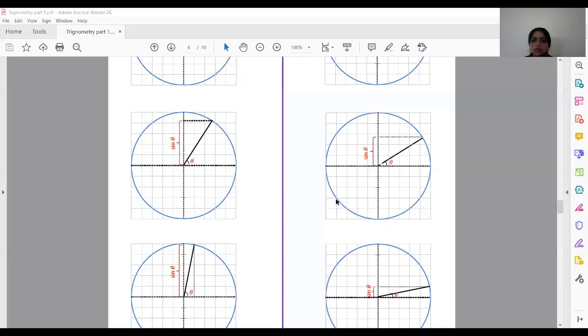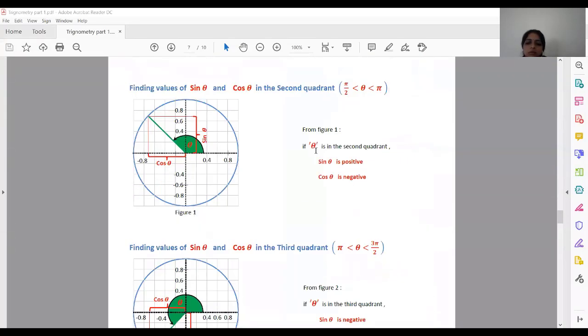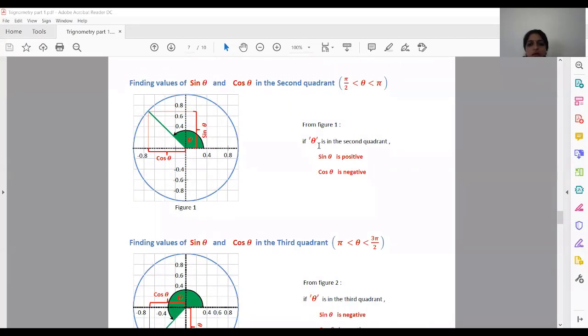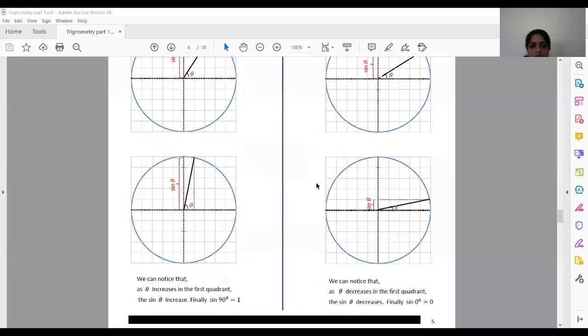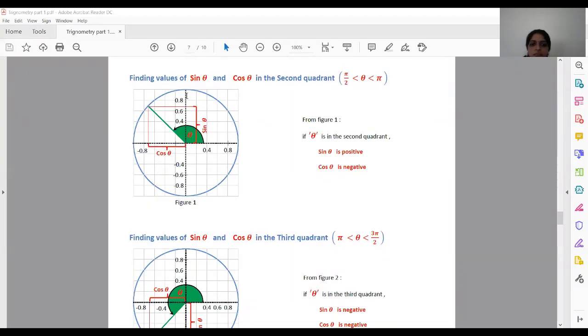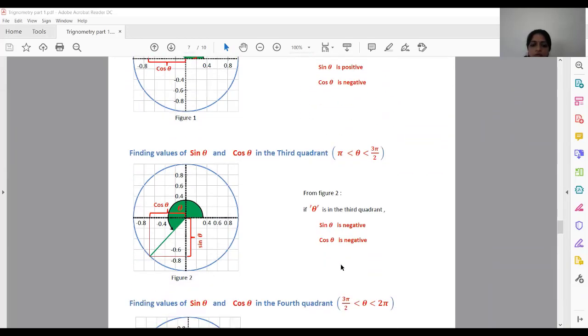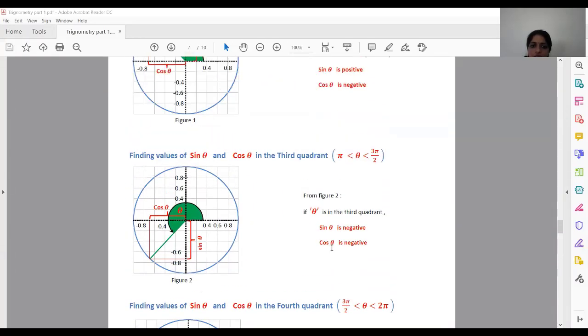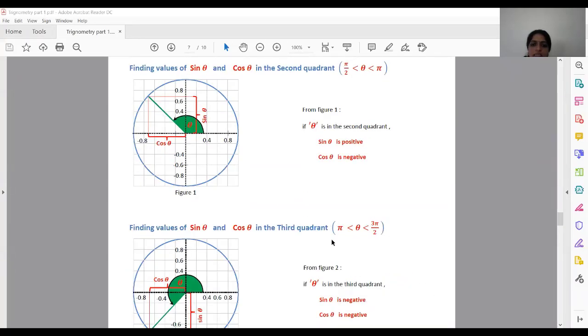Right? Students, हमारी ये जो lecture है will conclude very soon within a minute. So the remaining part will continue in tomorrow's lecture. But before that, I want to tell you one more thing: finding the value of sine theta and cos theta in the second quadrant, third quadrant, fourth quadrant. From all these figures, we can easily